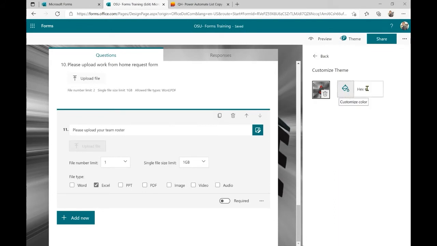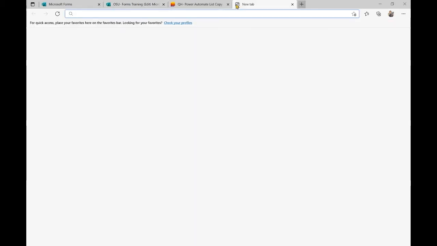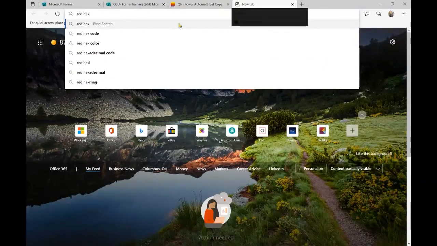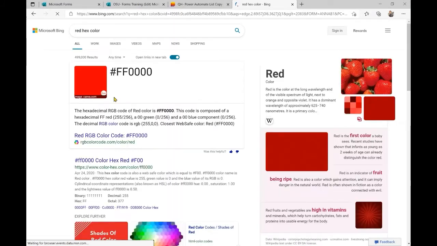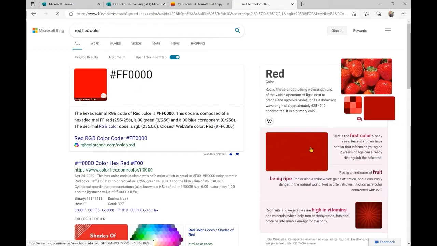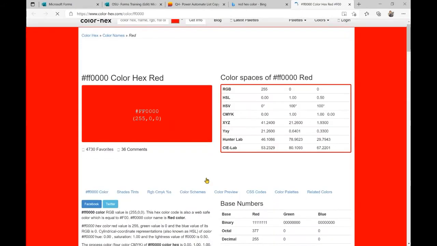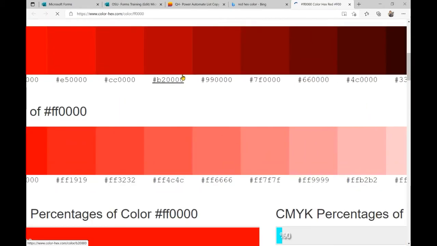Now you do need to have the hexadecimal color code for this. Like maybe you want to do a red. So let me just look up red hex color code. That's a bit bright. So we'll go with something a little less harsh on the eyes, like maybe this double C quad 0.